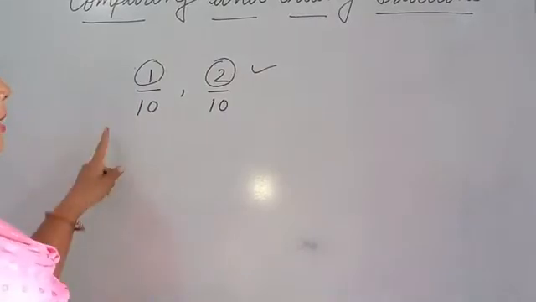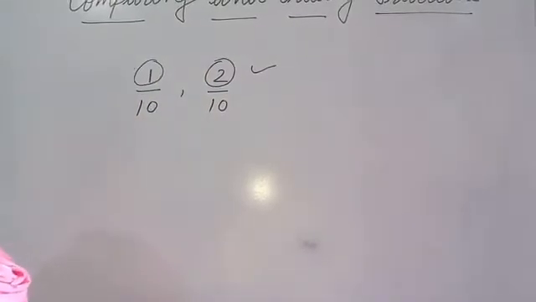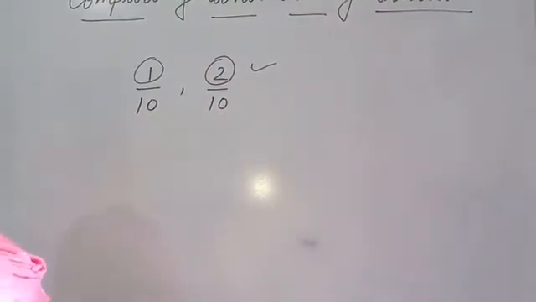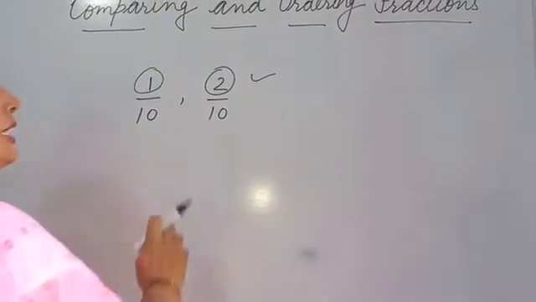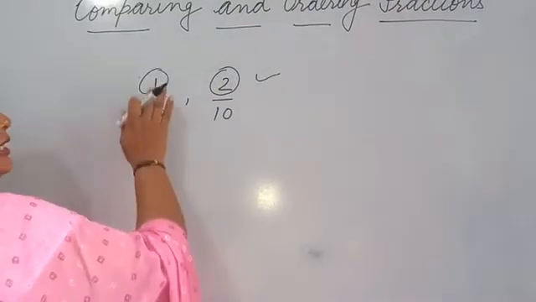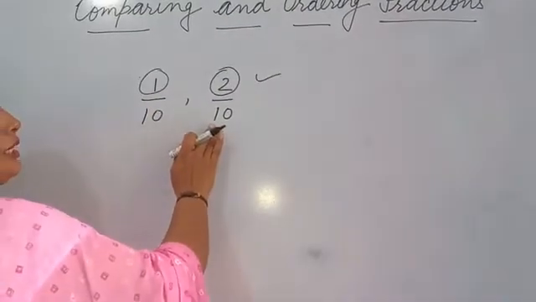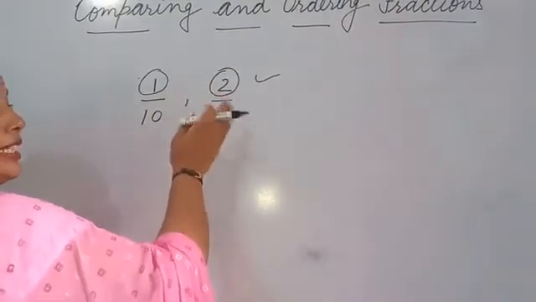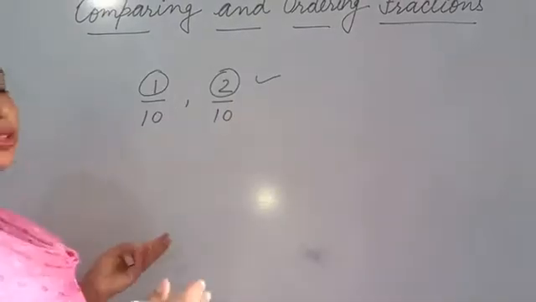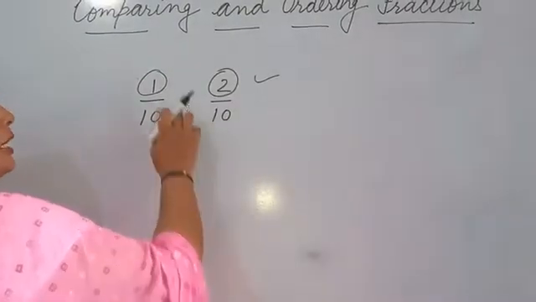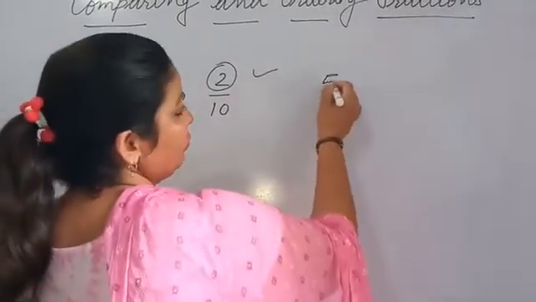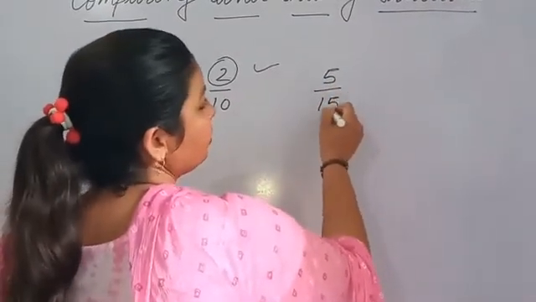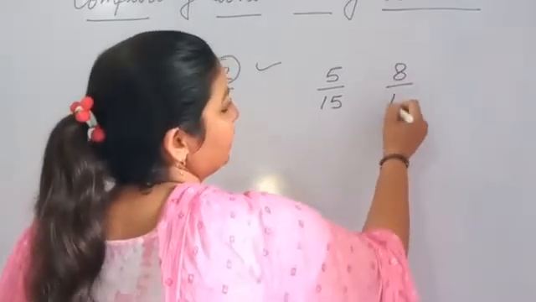Whenever the denominator is the same, we can directly check the numerators. Which numerator is big, that fraction is big. Which numerator is small, that fraction is small. As if there is a 10 marks test and you get 1 and in another you get 2 out of 10, you know 2 is greater and 1 is smaller, so that means 2 upon 10 is greater and 1 upon 10 is smaller. Suppose you have 5 upon 15, 8 upon 15,